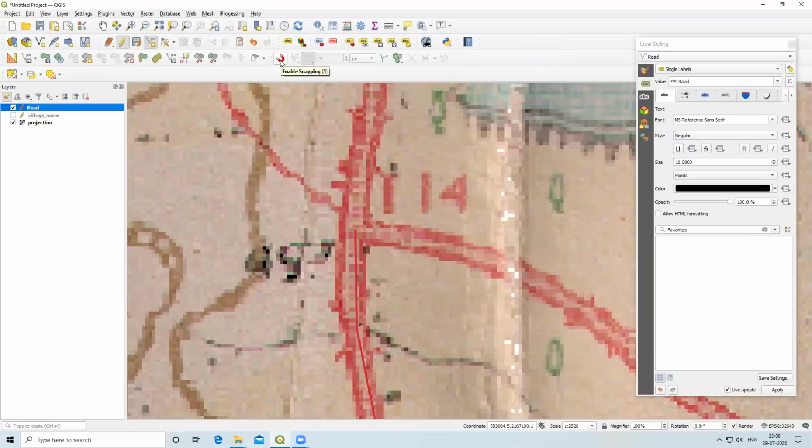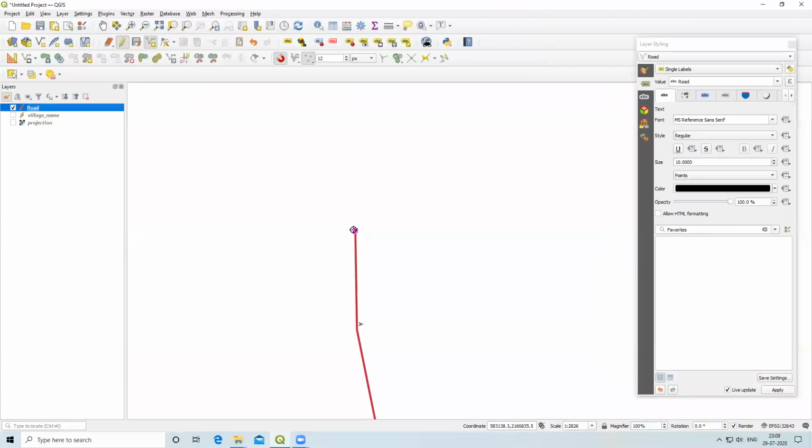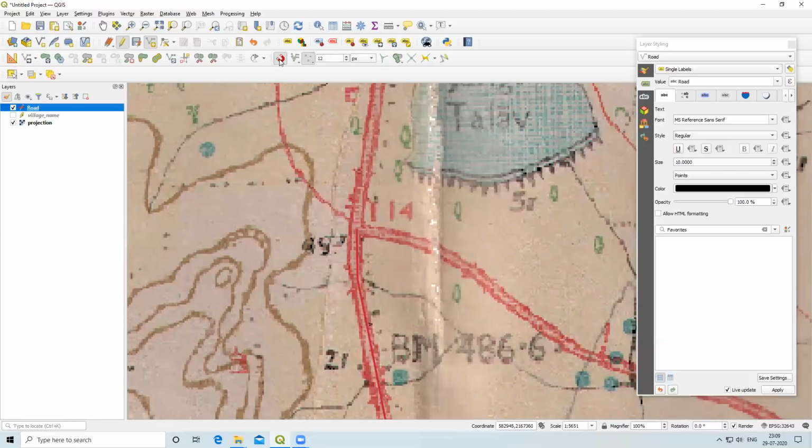When I click here, then you can see it shows me some pink color. When I go near about this, the pink color is showing here. When I uncheck this, it will not show me the pink color dot there because my snapping is off. When I again start editing, it will show me the exact point where I ended my last vertices. So make sure this snapping tool is on.